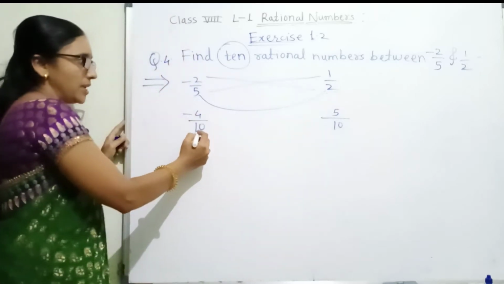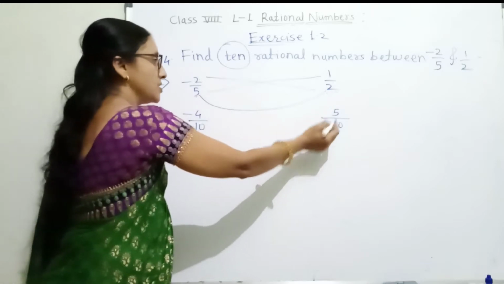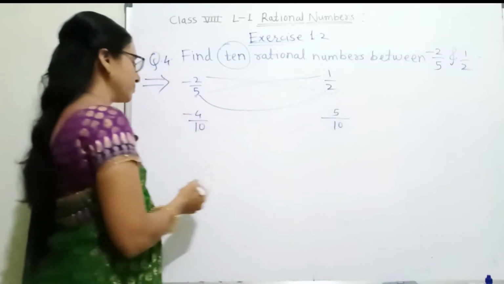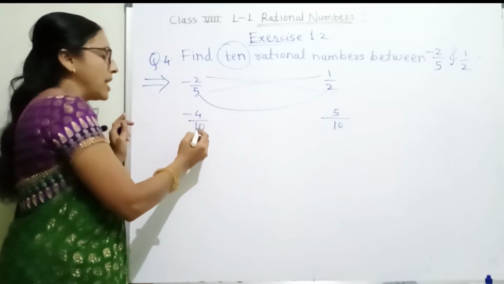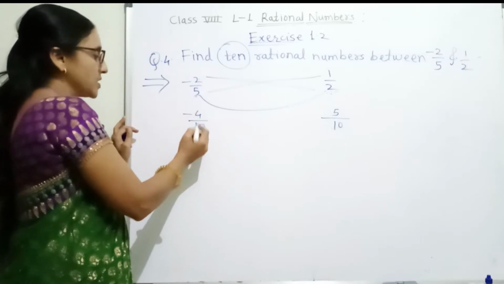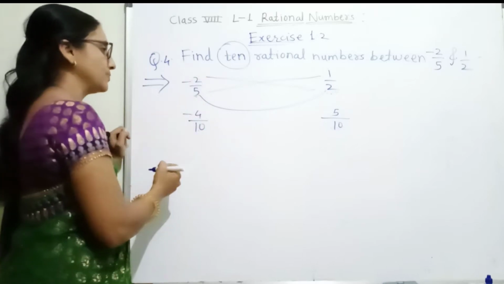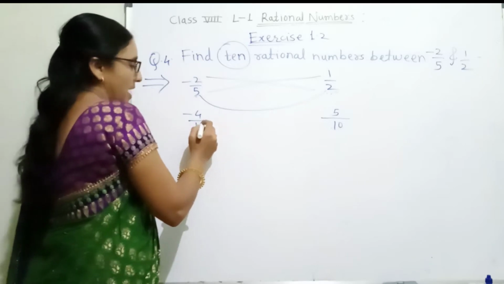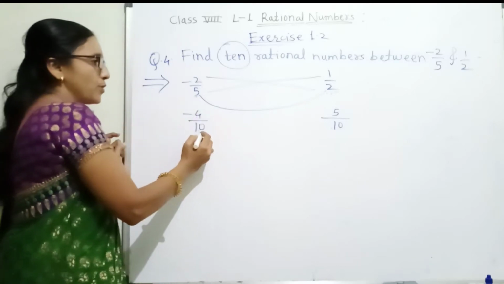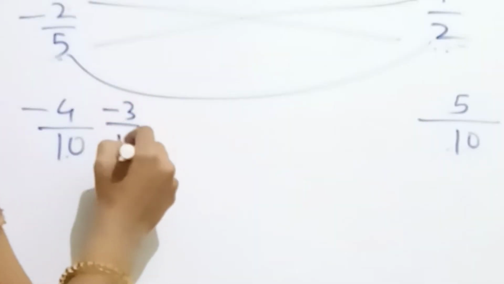Minus 4 by 10 is equivalent to minus 2 by 5. 5 by 10 is equivalent to 1 by 2. Equi means equal and valence means value. It means minus 4 by 10 and minus 2 by 5 have equal value. Now, the rational numbers between minus 4 by 10 and 5 by 10 are minus 3 by 10,